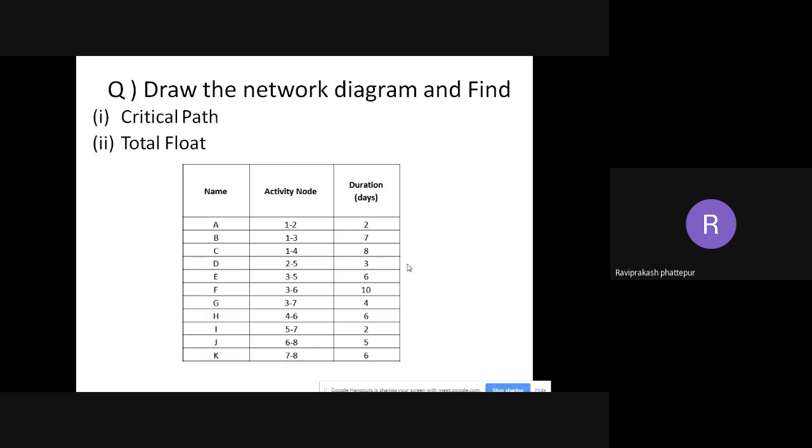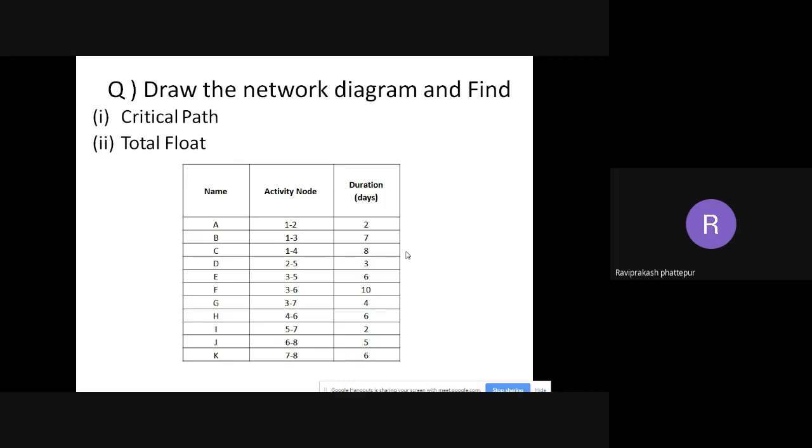Okay, fine. Now let's draw the network diagram. I have put that tabular column in short on top here so that we can refer to it and draw the network diagram. I'll go to the problem once. What they have given: activity was given, then the preceding activity, then the duration. Here activity and duration are given, but instead of the preceding activity, they have given the nodes, that is, between what nodes this particular activity comes. That is the only difference here.